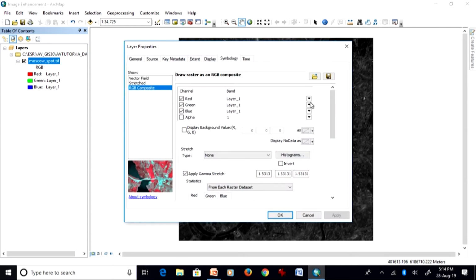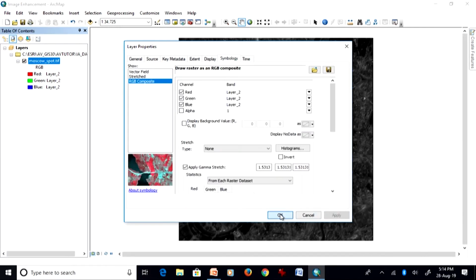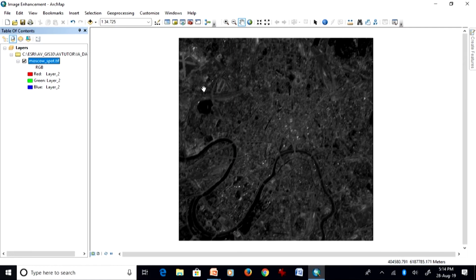So, if I do it a slightly different way, now I bring band 2 here, which is our green band, and apply this, see that now vegetation is having some reflection, but still it remains dark, and the water body is also remaining dark.